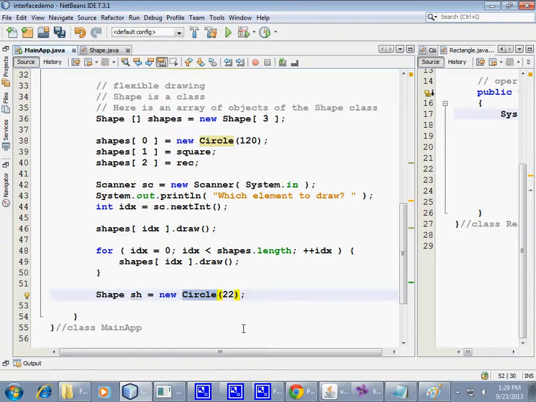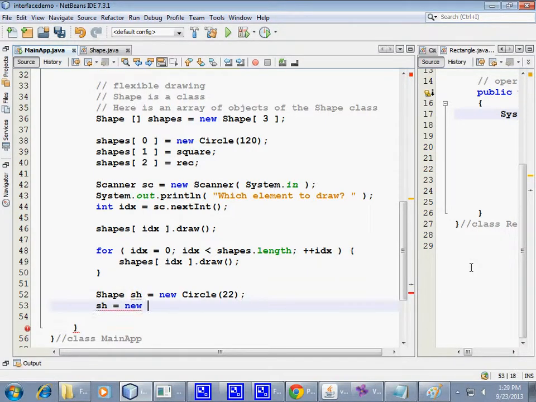So I could do that. Again, on the next line, I could say shape equals new rectangle, a new rectangle, and specify its sides, whatever. So what happens to this circle when I do new rectangle?